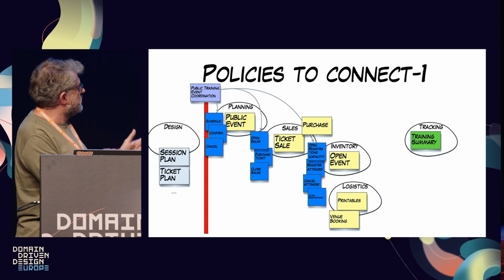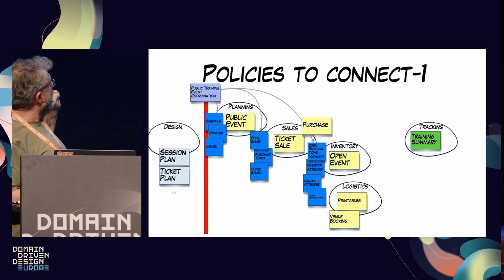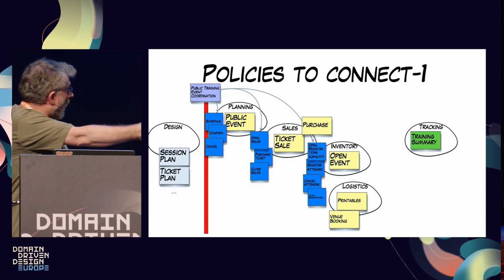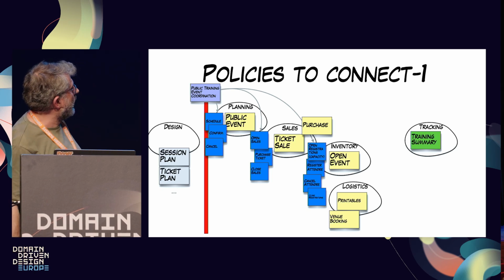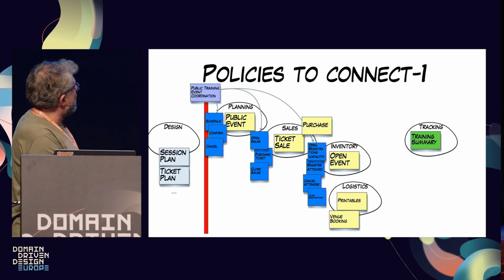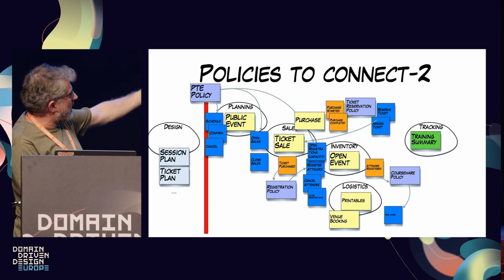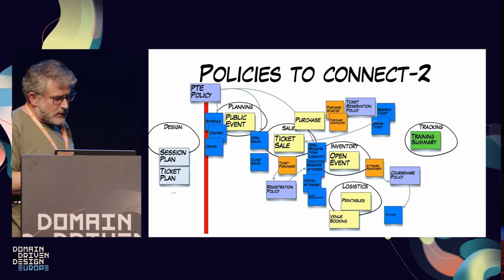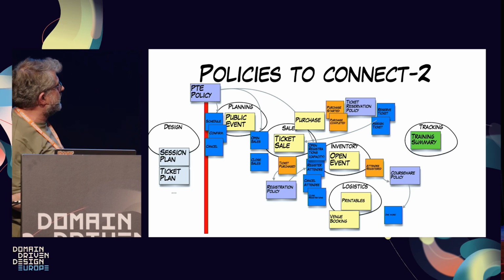We have policies to coordinate this area. The moment we decide to schedule a public training event, we basically work on the planning, fixing the date, and we open, maybe immediately, maybe we leave the possibility of opening the training later on for the ticket sale. We open the registration, and then we have a few other policies connected so that when the purchase is completed, you actually have a ticket, and when the ticket is purchased, you have the registration. So there's something that looks like a very, very long flow. I compressed it in here.